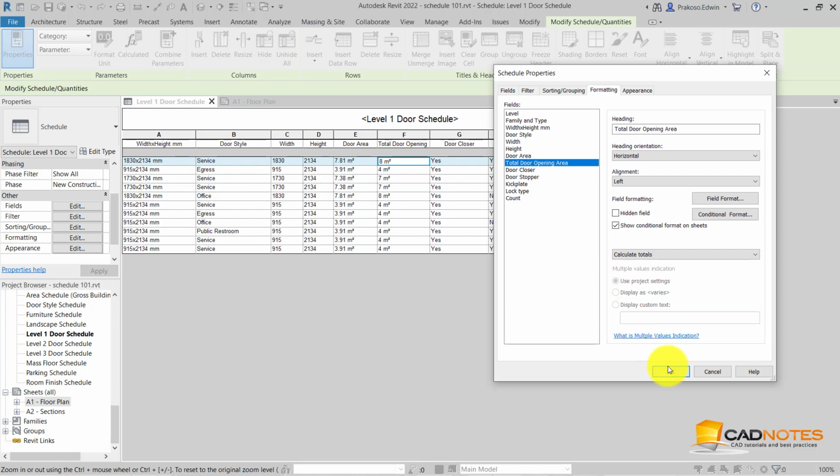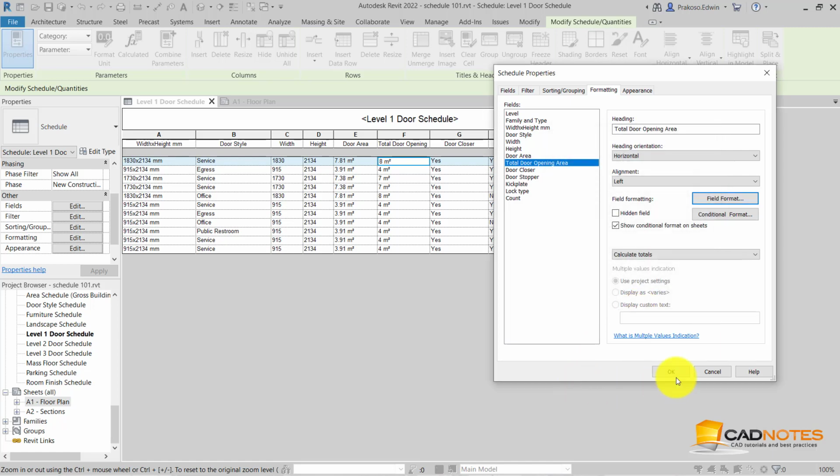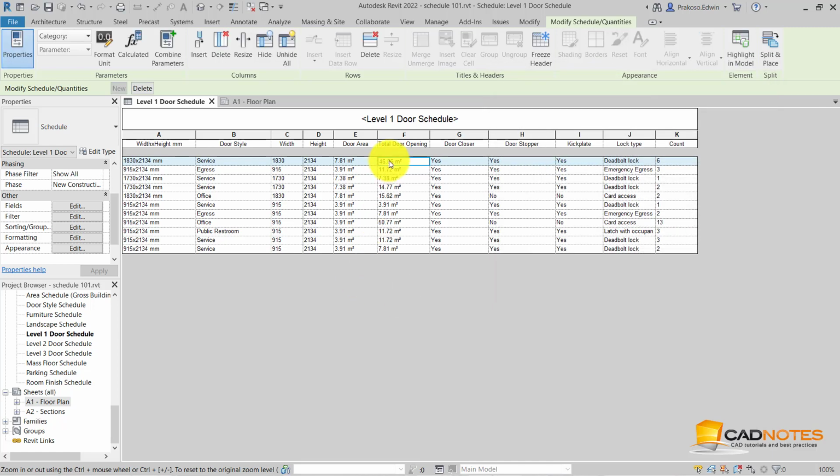So next, again, we can change this to two decimal places. Click OK. Click OK. Now we can see that this value is calculated from the door area for all instances. It has 6 doors, so now it's 6 multiplied by 7.8.